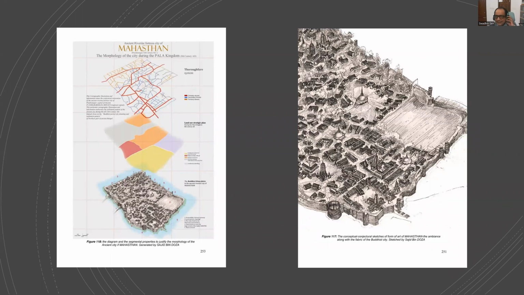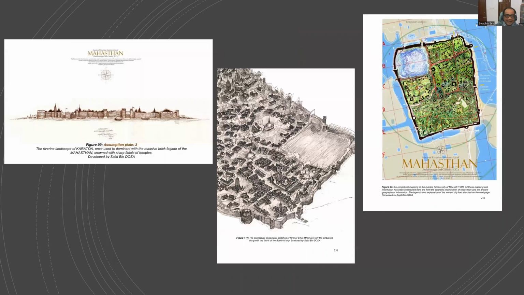And this is from his PhD thesis, the way he has tried to understand the core area of the urban area of the Mahasthan, the wall of Mahasthan here with the Karatwa river, how he differentiates the different zone of Mahasthan,